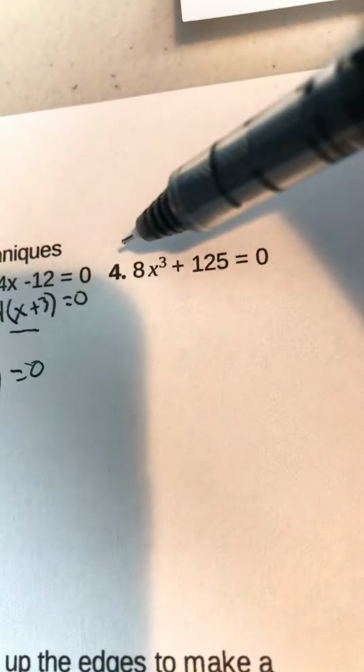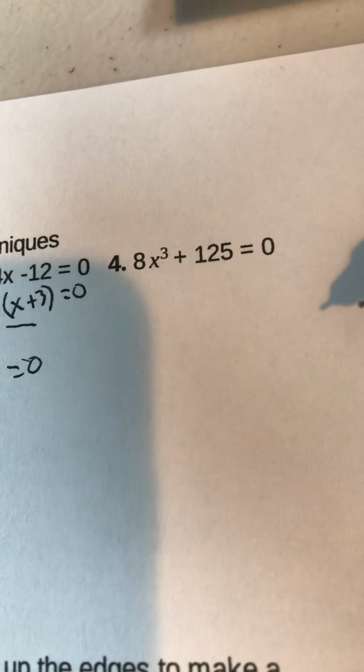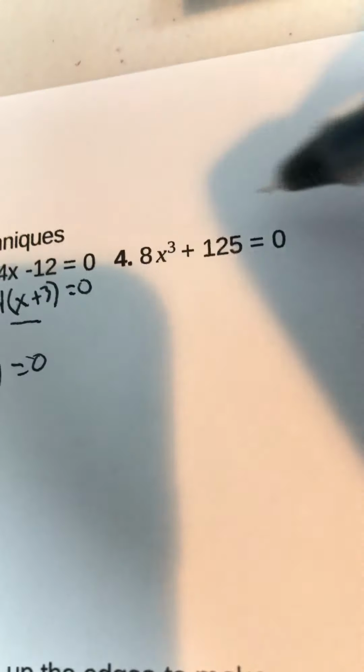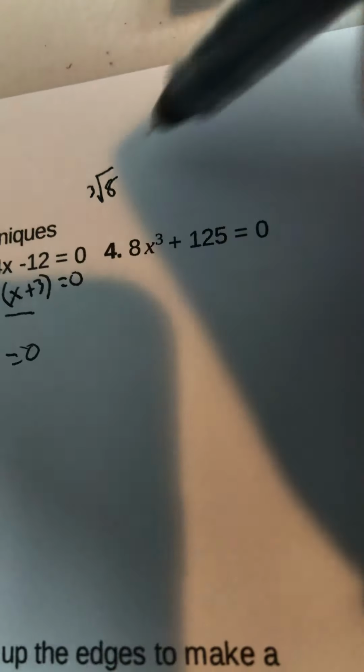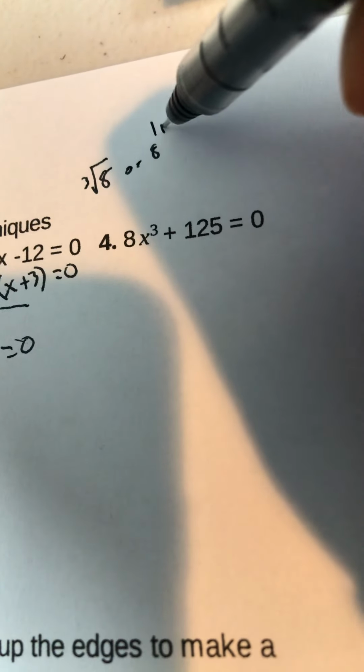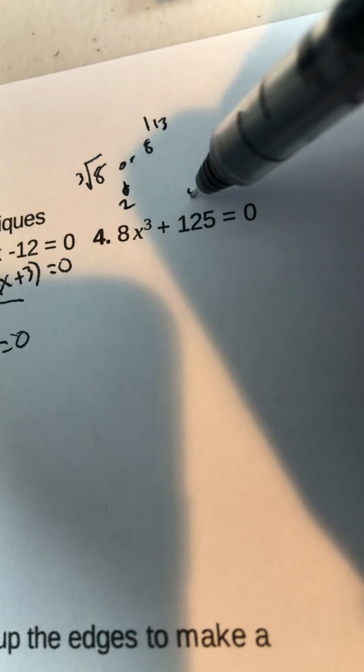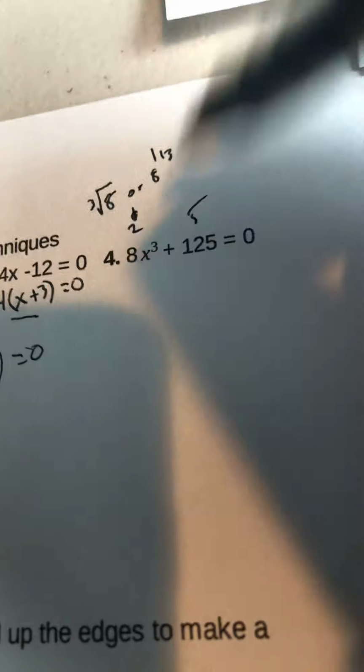Number 4, this one is our sum of perfect cubes. What that means is 8 and 125 both have a perfect cube root. So if you don't know what those are off the top of your head, remember you can use the cube root button and type it in, or you can type it as to the 1/3 power. In either case, the cube roots are 2 and 5. So if we look at our formula,